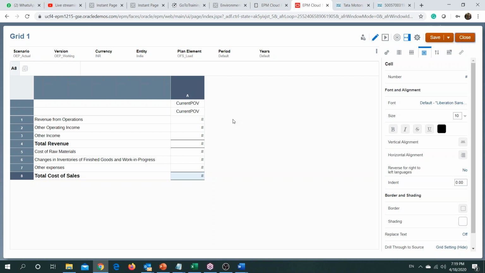So let me just refresh. It's just lagging a bit because I have a slow internet connection as of now. Okay, let it refresh.